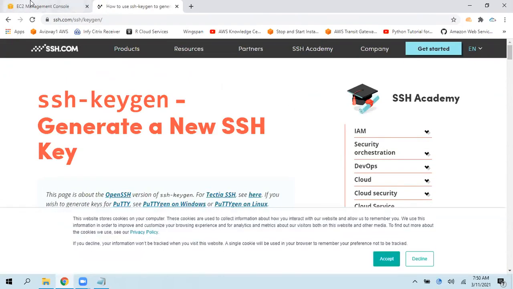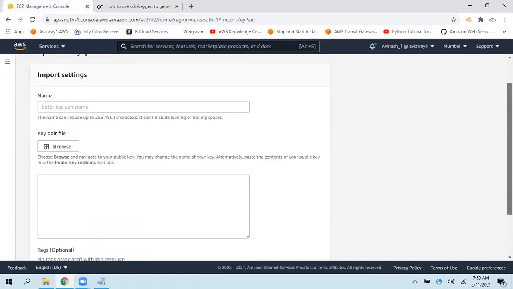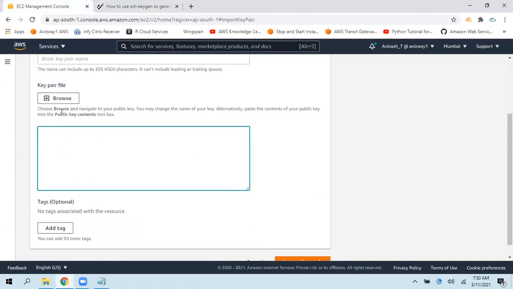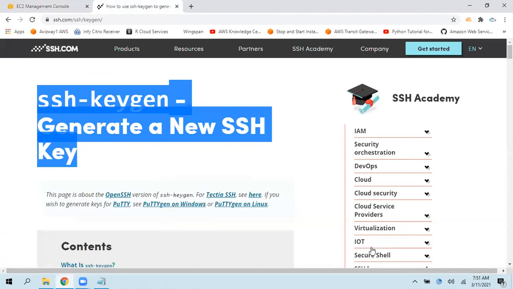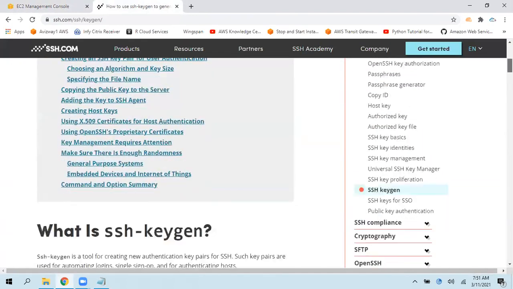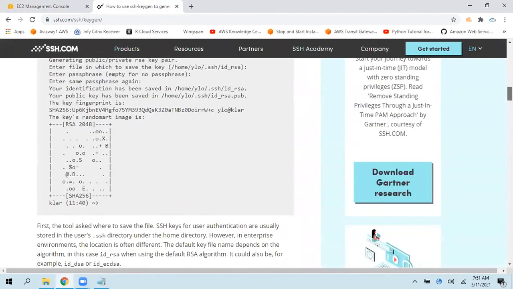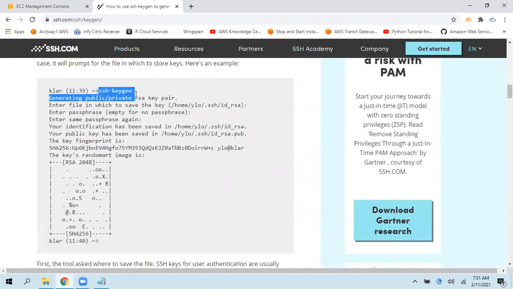That format needs to be converted to .pem and you need to give the public key content. Yesterday I told you we are going to give the public key to AWS and the private key we are going to hold. Whenever you give this command, generating public or private RSA key pair, it gets stored here,